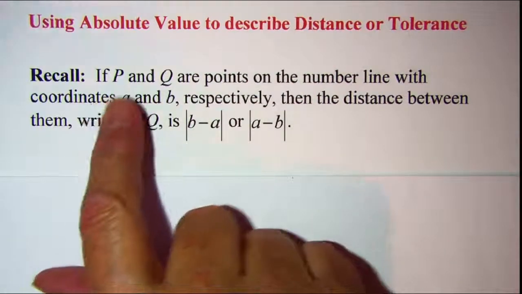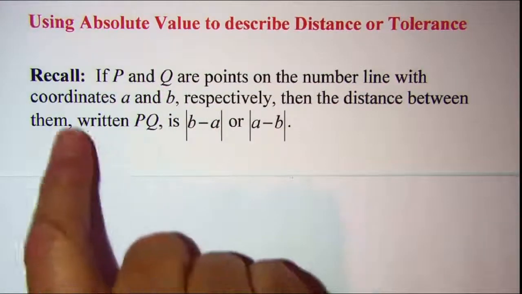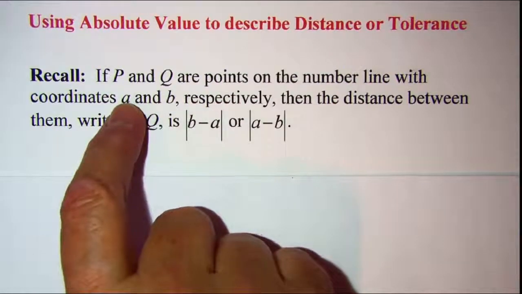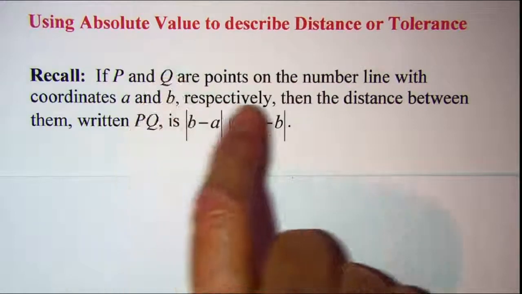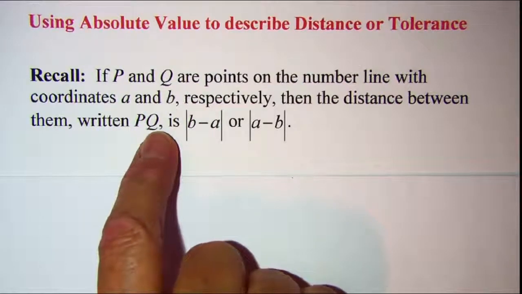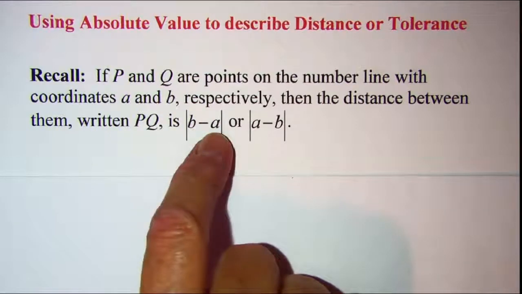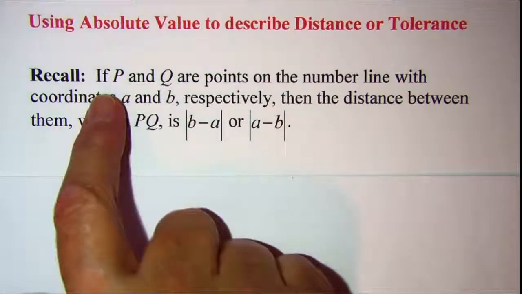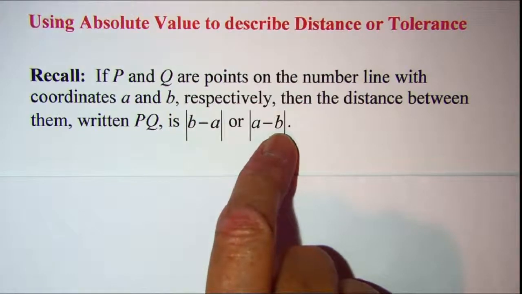Before we do, let's recall if P and Q are points on the number line with coordinates A and B respectively, in other words, A is the coordinate for point P and B is the coordinate for point Q, then the distance between them, written as PQ, can be found with either the absolute value of b minus a, so subtract the coordinates from right to left, or the absolute value of a minus b, subtract the coordinates from